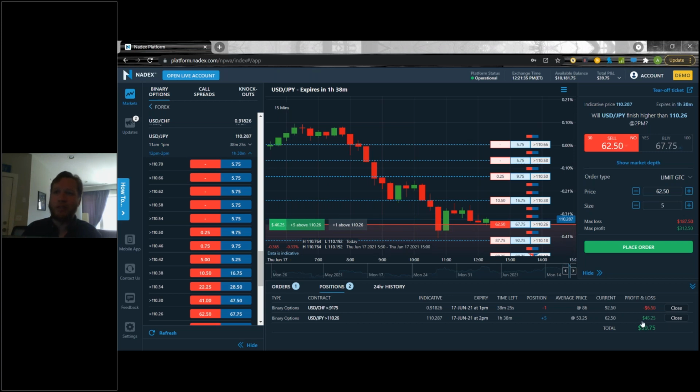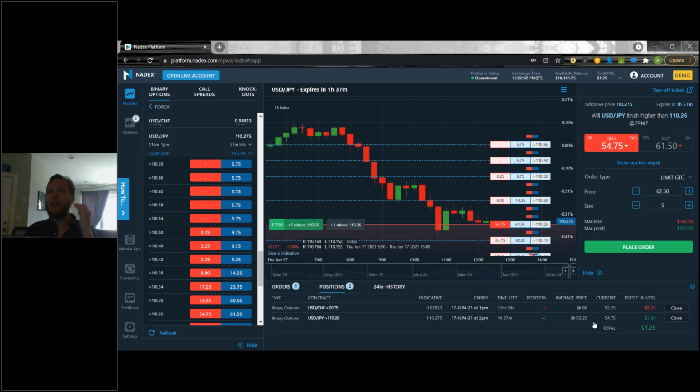This is one of the questions that I got a lot: why is this current price showing the sell side, right? Why, if I'm on the buy side, is it showing me the current market price on the sell side? That's because the current price is always going to show the opposite of the position side that you're in right now. So I'm in a buy side position, it's going to show the sell side, and the reasoning for that is this is the price I could get if I close out of this contract right now.